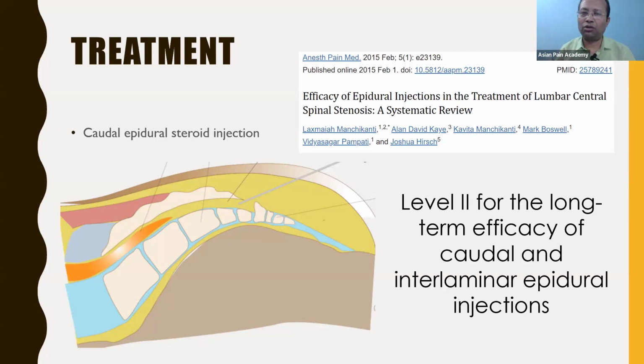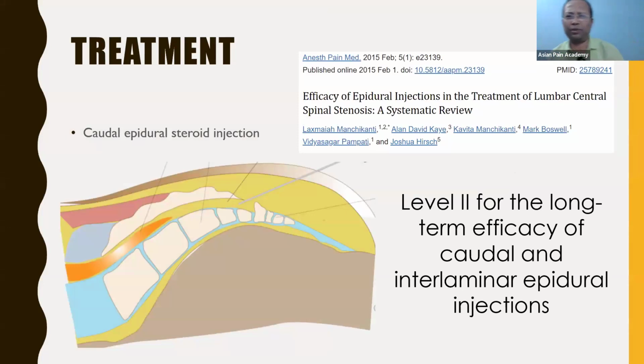So you give the option of surgery, and every time the patient may not be ready for surgery, and the patient may not be fit for surgery. In those cases where it is a gross degeneration of the full lower lumbar area, there is no meaning of going for one structure intervention, either facet or this one radicular pain, then we choose caudal epidural. So in caudal epidural,